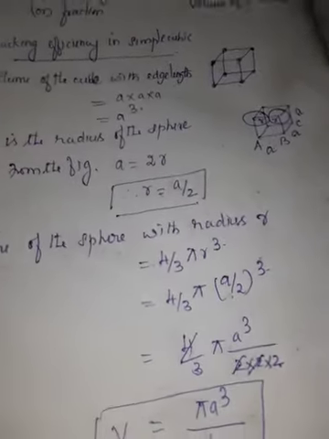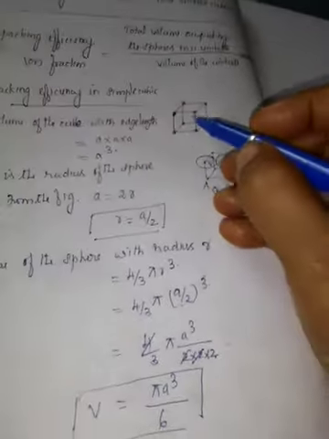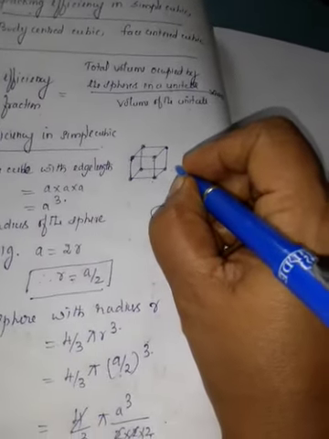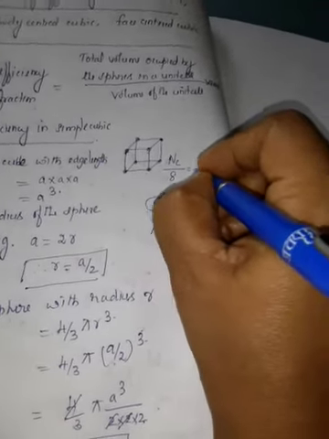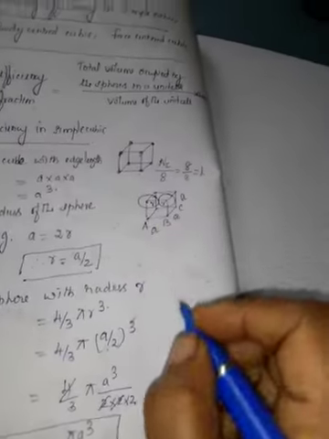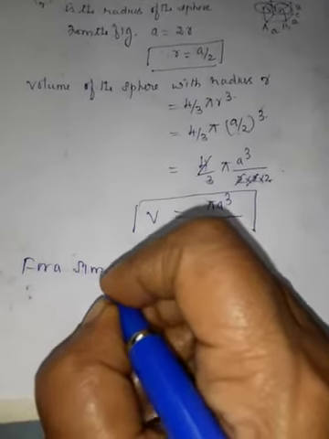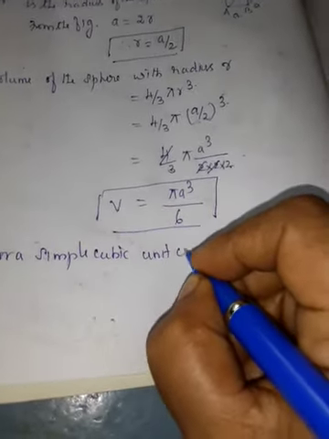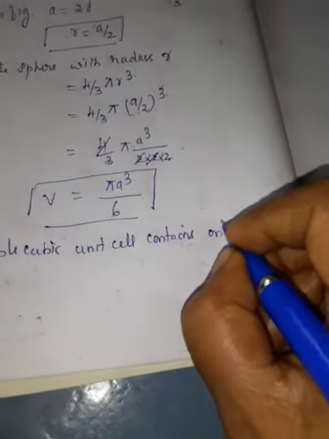Now next step. So for a simple cubic, 8 atoms in the corner. The formula to find the number of atoms in the unit cell is number of atoms in the corner shared by 8. That is 8 by 8 is equal to 1. So for a simple cubic, the unit cell contains only one atom.